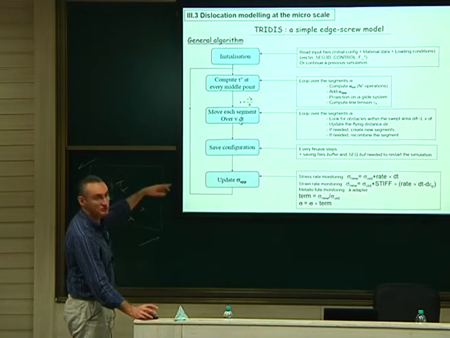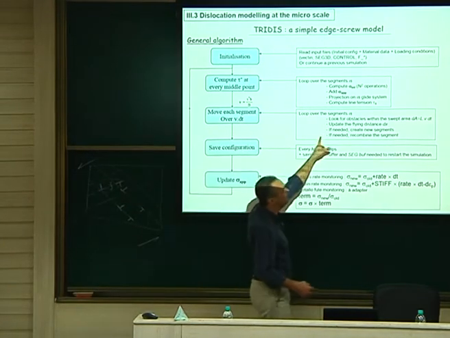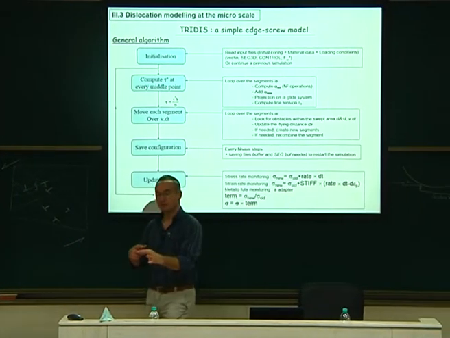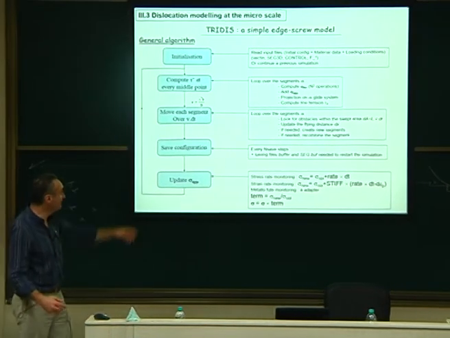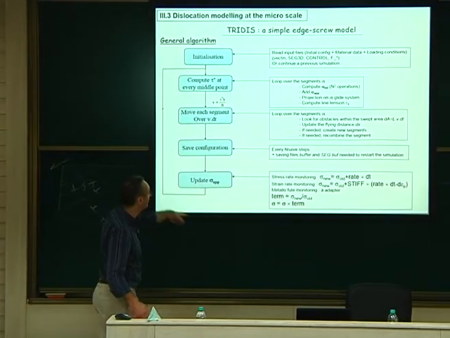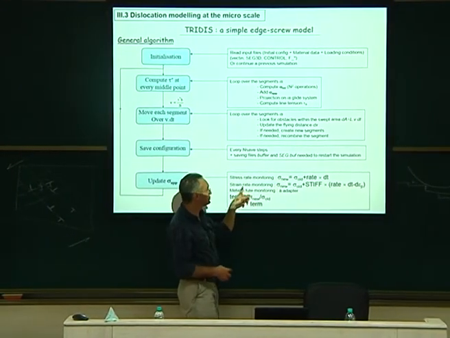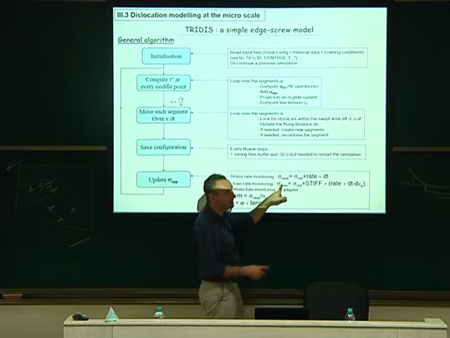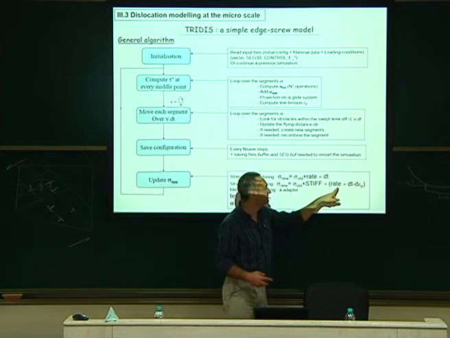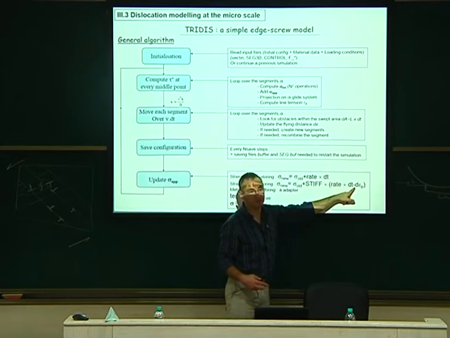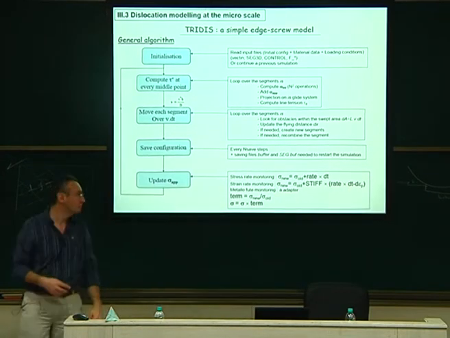Then we move by v dt. So it's an explicit algorithm. It's not semi-implicit, it's explicit. And during the flying distance, we look if there is an obstacle or not. And if there is an obstacle during the flying distance, we do what needs to be done. Okay? Then we save. We save every n steps, and then we update the stress. Either we monitor the stress rate, or we monitor the strain rate. For the strain rate, we say, okay, the new strain rate for the next step will be the previous one plus, let's say, the error between what you wanted minus what you have created. And this is just a feedback loop, in order to have your strain rate controlled experiments.